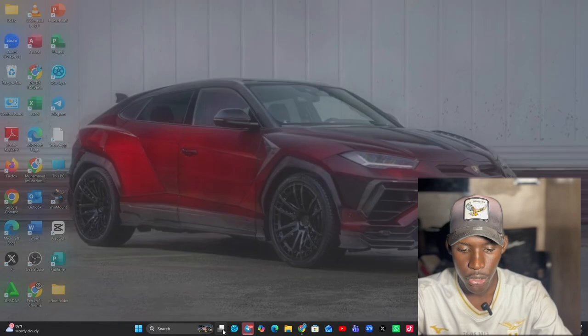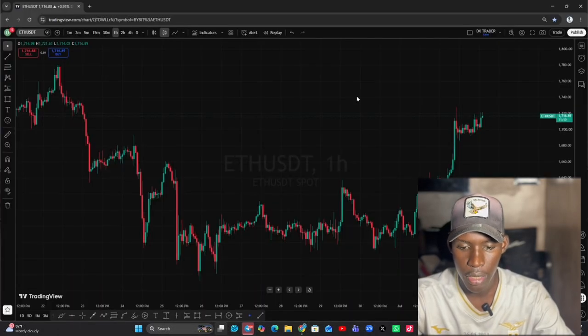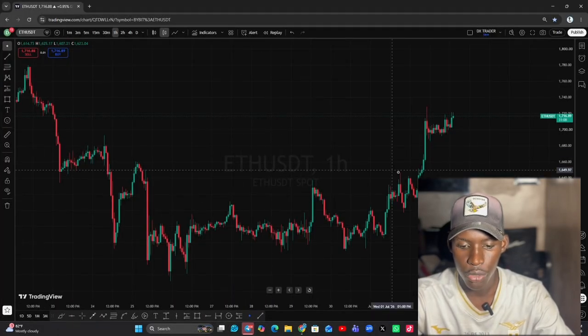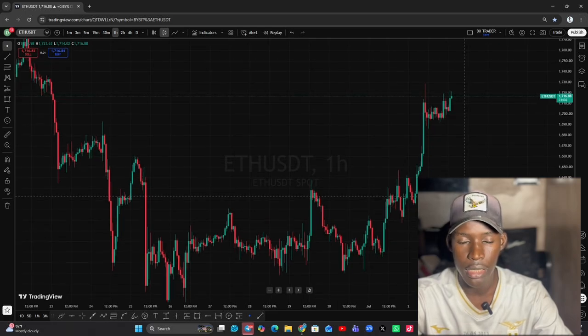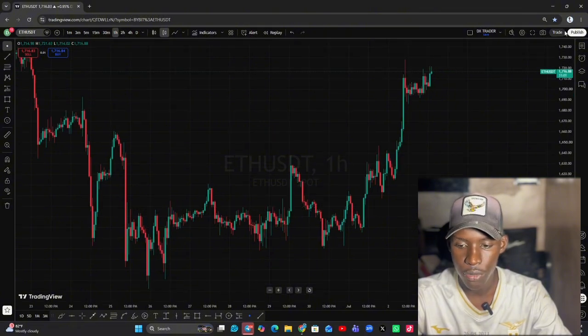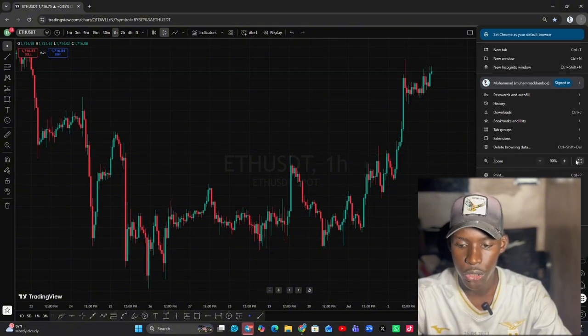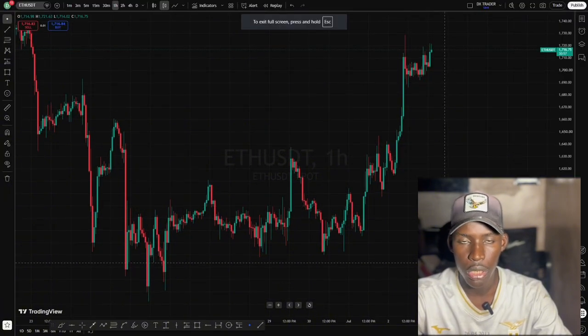So when we say market structure, it is something very big in the industry. We have a lot of things to be checking on. Market structure is one of the most important aspects of trading that as a trader you need to pay attention to understand. We have basically three types of market structure, which is the uptrend structure, the downtrend structure, and the